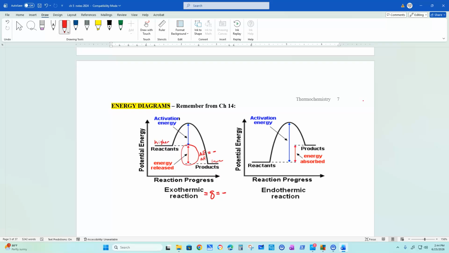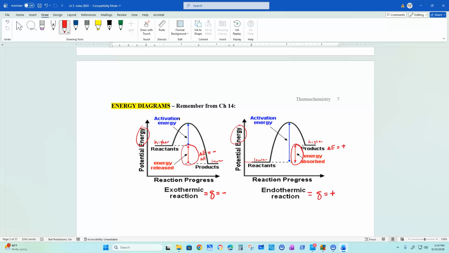What delta H is, okay? Right here, if you started right here, which is a lower value in energy, and you gained heat or energy, then you have this higher energy in the end, because look at who's on the y-axis. Potential energy, energy of position at a point in time. Okay, it's not kinetic energy, it's potential energy. So because you gained energy, then that means your energy is positive. So your delta E is positive, and because it's endothermic, our Q is positive.